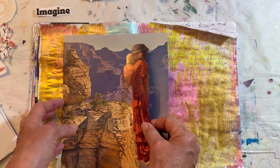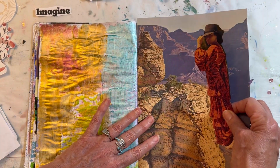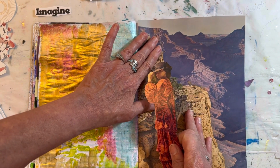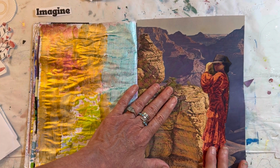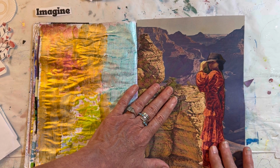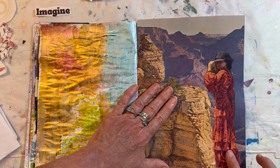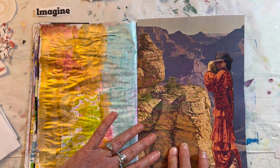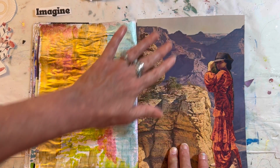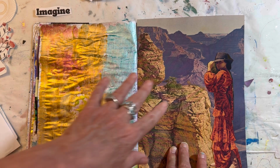And I decided that I wanted to use this entire page in my journal. And I want to put this woman there who is representing me. I wanted to put her there. And you know, this picture for me represents, you know, there's this big open valley, and it just kind